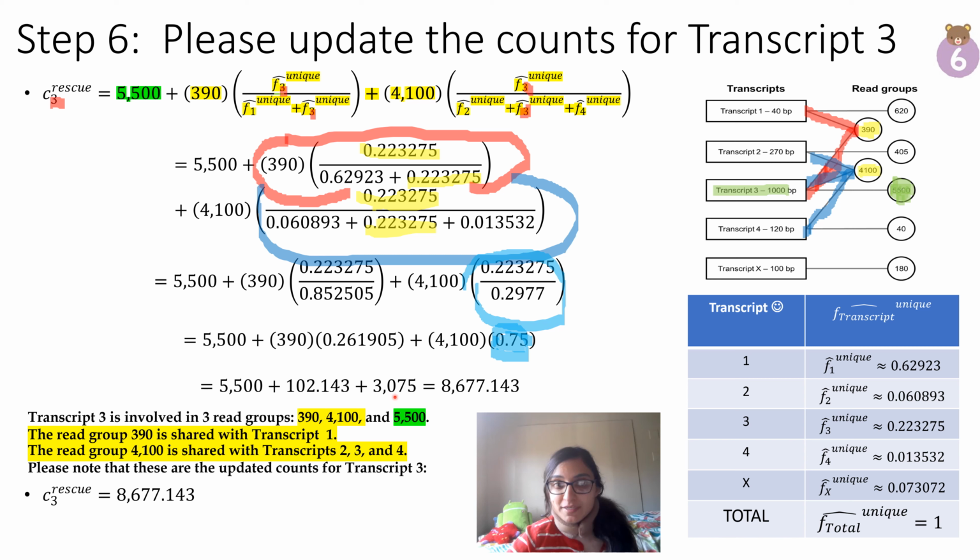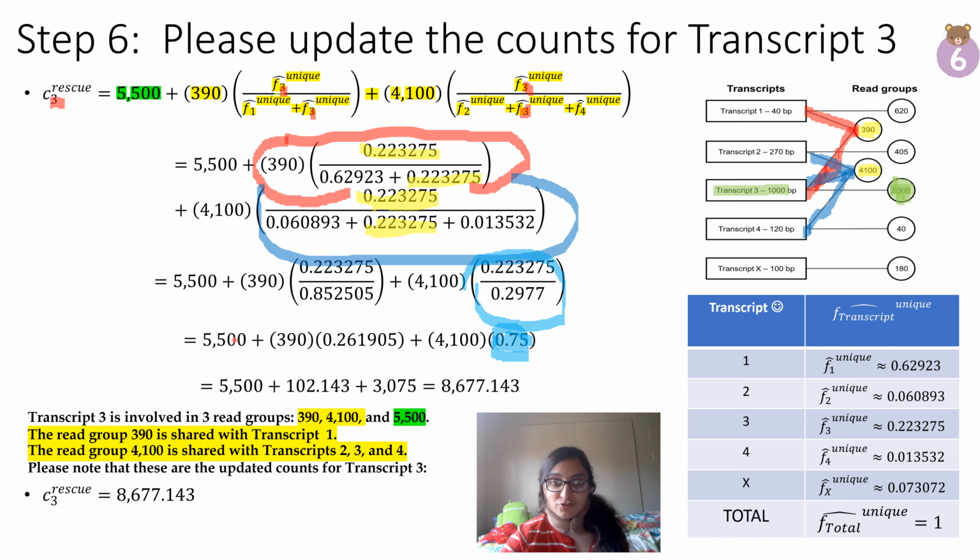3,075 of those reads will be given to transcript 3. That's what it's going to get out of this. And around 800-ish was given to transcript 2. So the remainder, as you could see, will be given to transcript 4, which has a relatively smaller unique relative abundance. So then again, we just take this 5,500, the counts that just map to